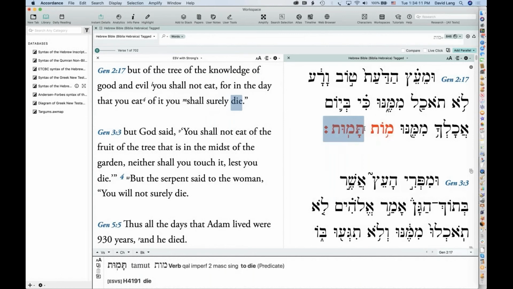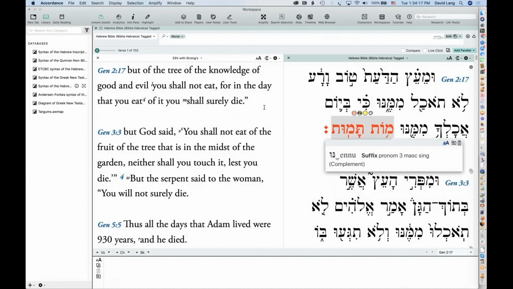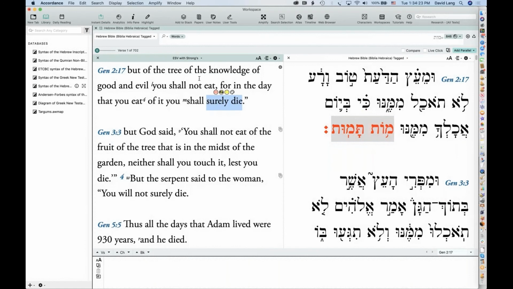And it's the same lexical form, and that construction appears to be some kind of intensive construction, because you have "you shall surely die." All right, this didn't translate it as "to die, you will die," or something like that. It didn't translate it in some literal sense. So this is some kind of construction that is intensive or emphatic.